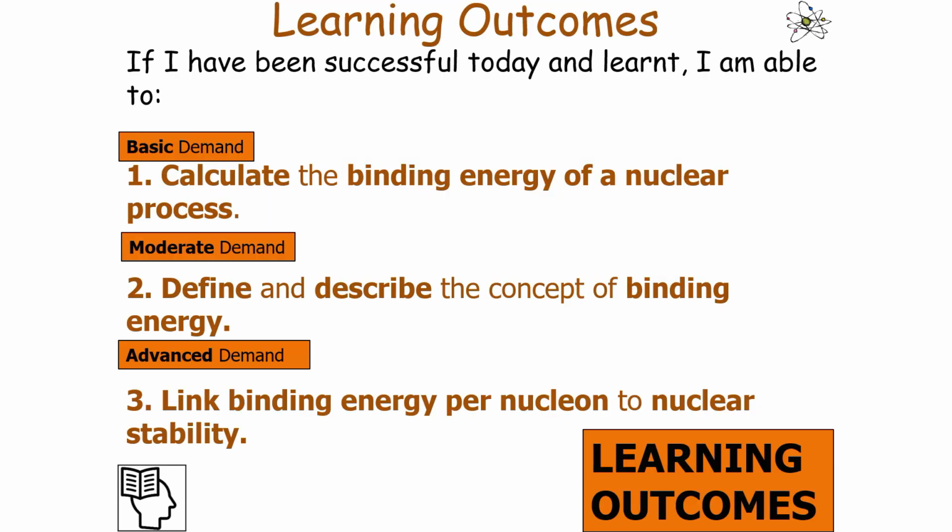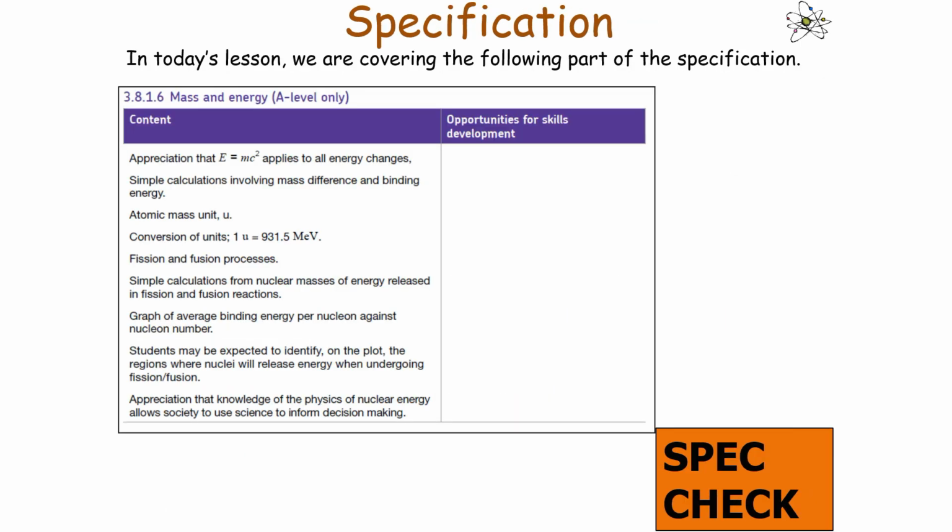So in today's lesson, we're going to try and explain why some nuclei are unstable. If we've been successful and learned in today's lesson, we should be able to calculate the binding energy of a nuclear process, define and describe the concept of binding energy, and then link binding energy per nucleon to nuclear stability, which links into the following part of the AQA A-level physics specification,